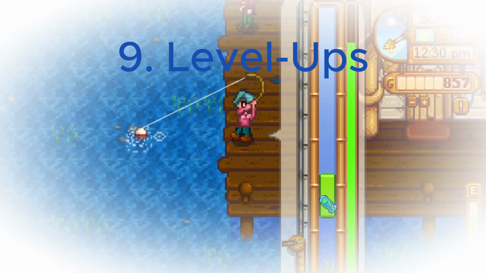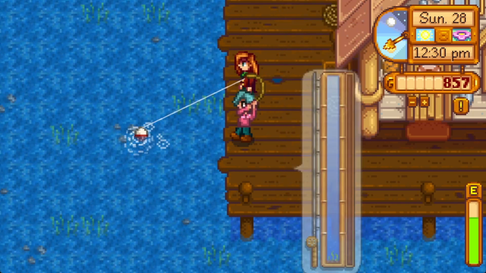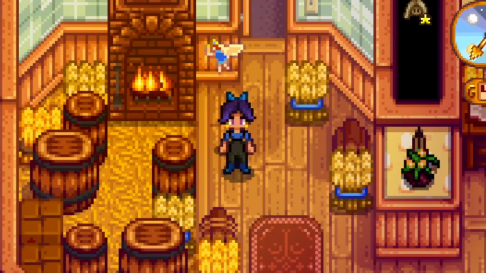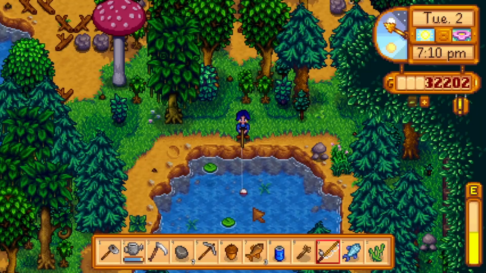Number 9. Level ups. Farmers who have been playing 1.6 for a little while may have found a message about having new things to think about in the night, which is the new level up message. While this partly just seems cute, it's actually super useful for runs where you need to know if you've leveled up yet or not. For example, hitting level 1 mining in a Mines 50 run, or level 2 fishing in